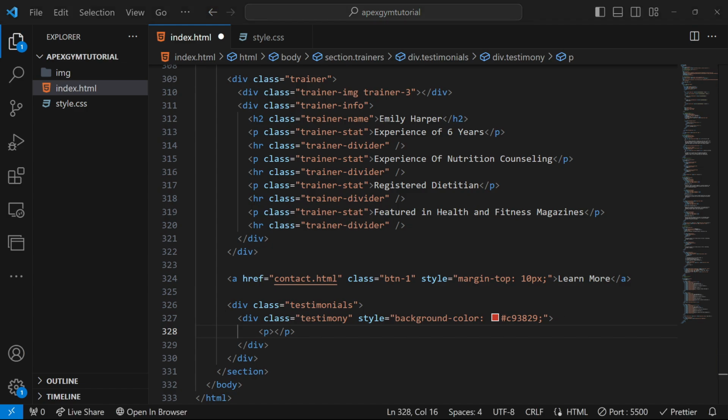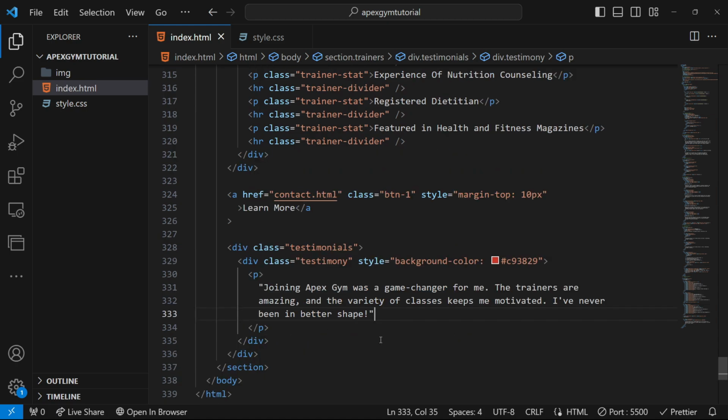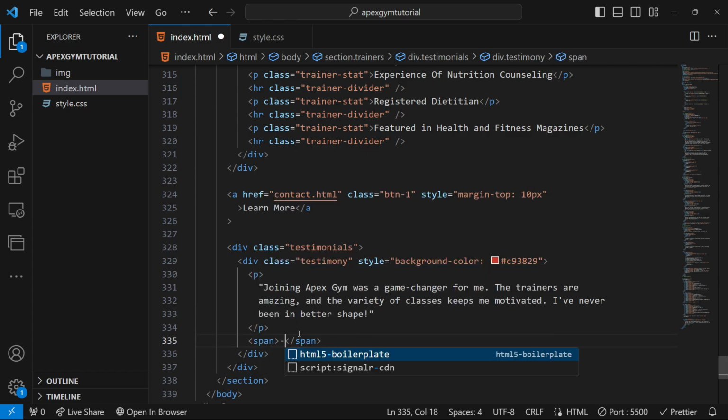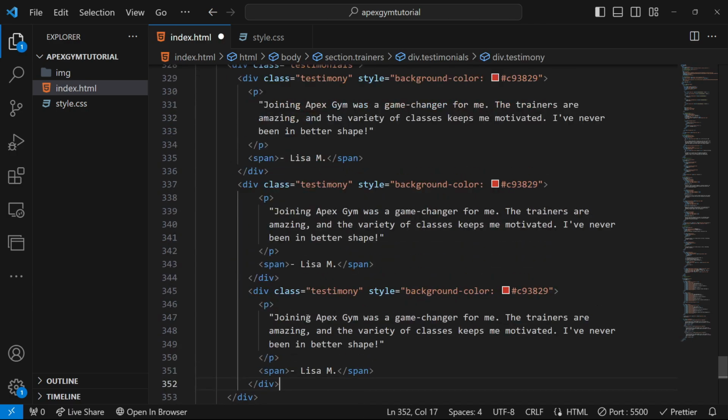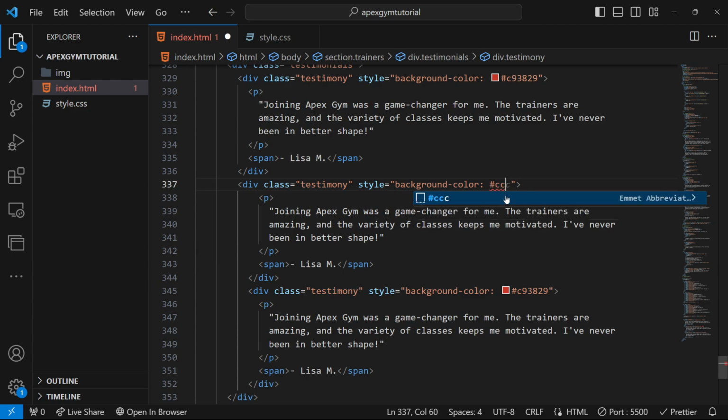Let me just copy and paste this. Joining Apex was a game changer for me, blah blah blah. And below the paragraph, let's have a span of the one who said that. After that, let's copy and paste this testimony 2 more times, and let's change the background, maybe like CC6